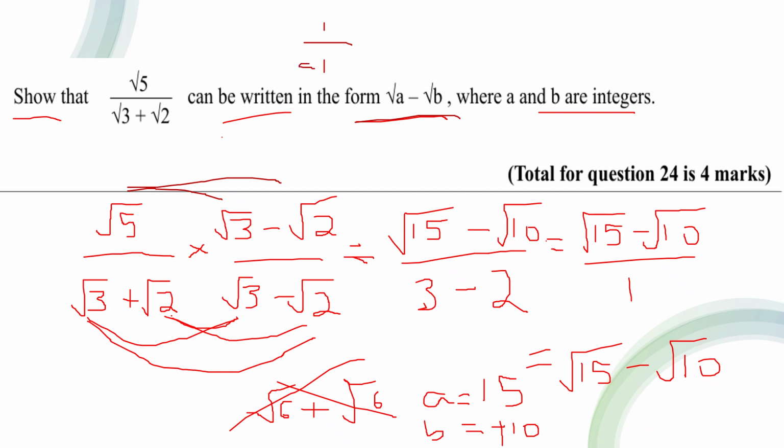Practice rationalizing the denominator in the form where we have a number over a plus root b. It can also be written as root b plus a. It doesn't really matter what way you write it out. Essentially, if it's like that, all you do is multiply by root b minus a over root b minus a. As long as you create a difference of 2 squares on the denominator, it doesn't matter which way round it is, as long as you find the conjugate, i.e. the same as the denominator, you flip the sign of the second term. So you always